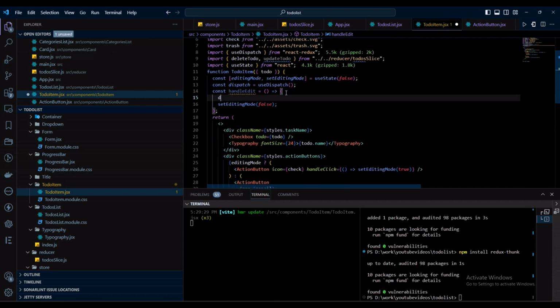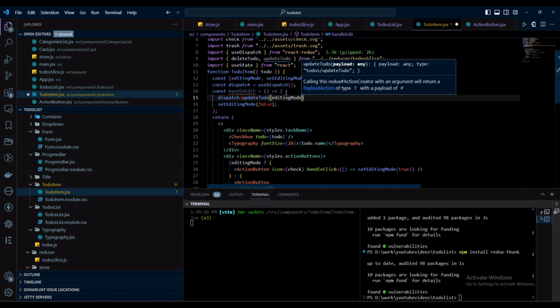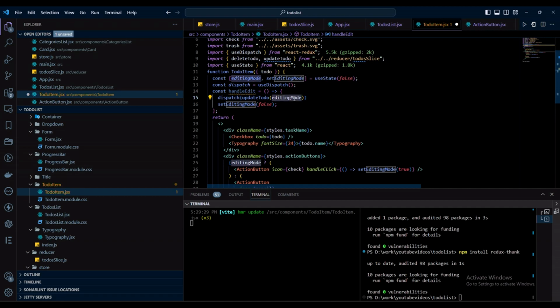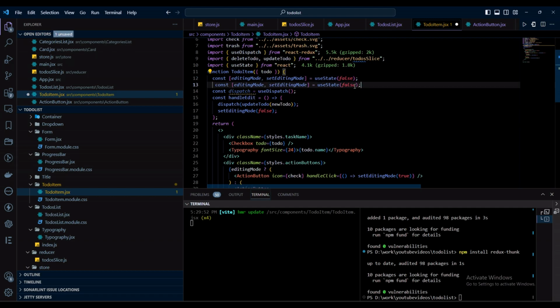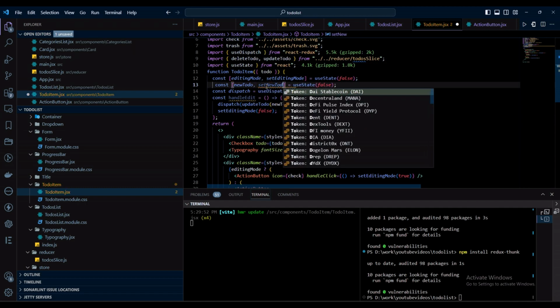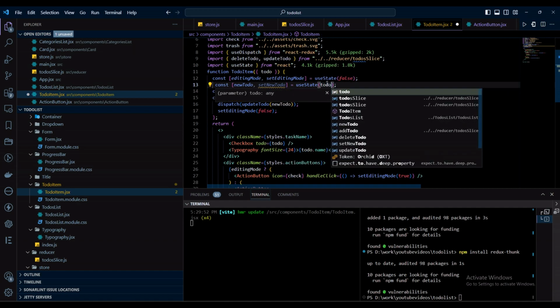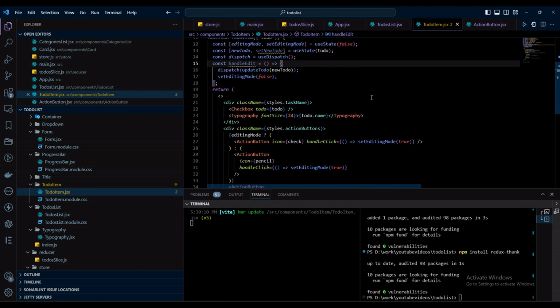and I will dispatch the update to-do with the new to-do, and I would create a new state, and it's gonna be called newTodo. setNewTodo, it's gonna be todo by default,